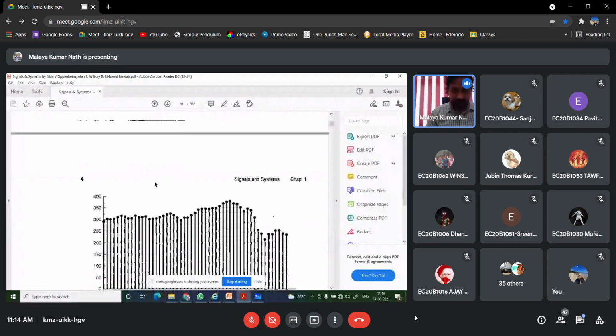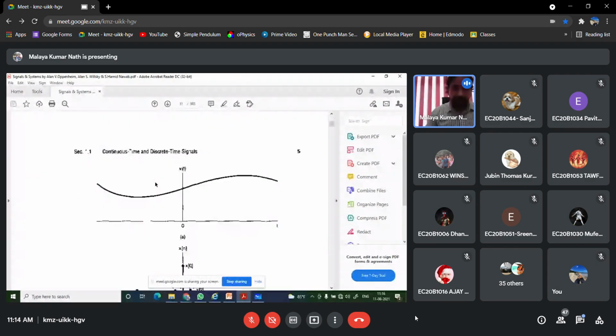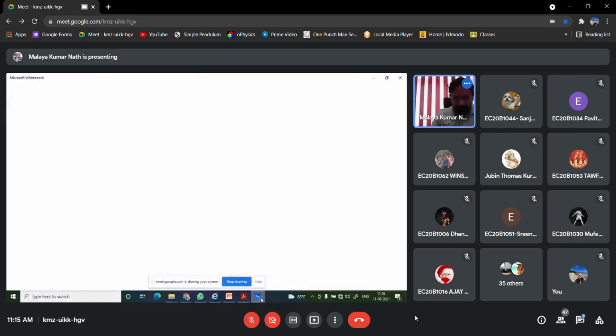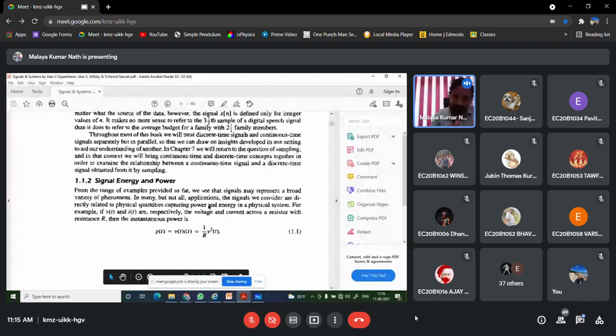So now today we'll discuss energy signals as well as power signals. What do we mean by an energy signal as well as a power signal? I'm showing this directly from the book. Suppose I'm applying a voltage v(t) across a resistor R. Now what will happen? As the path is closed, the current flowing through the resistor will be represented by i(t) = v(t)/R.